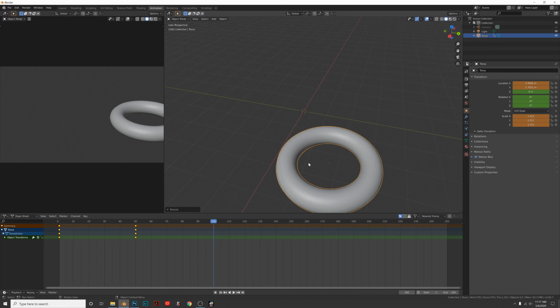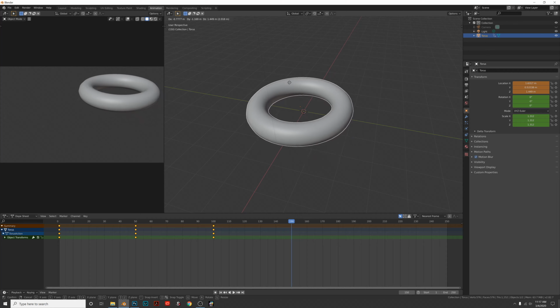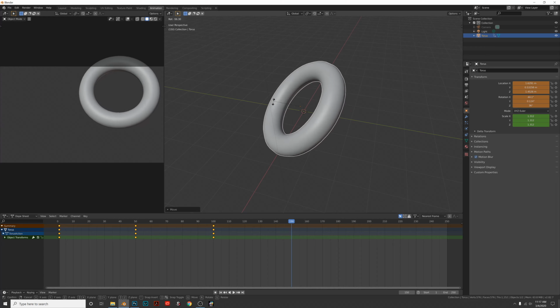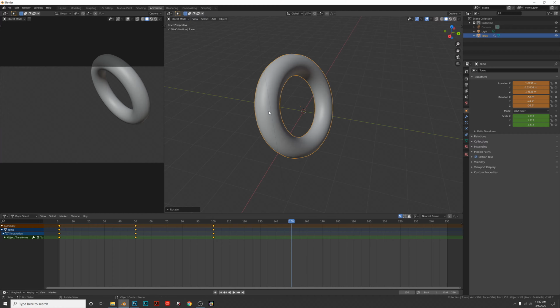And hit I, set a new keyframe. So now we've got 3 keyframes running. Let's go to frame 150. I'm going to grab it and move it over here, and I'm going to rotate it 90 degrees this way. Hit I, location, rotation, scale. Now,